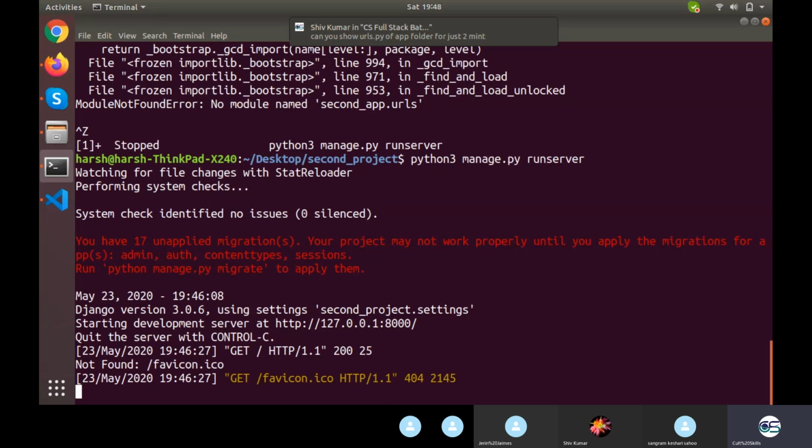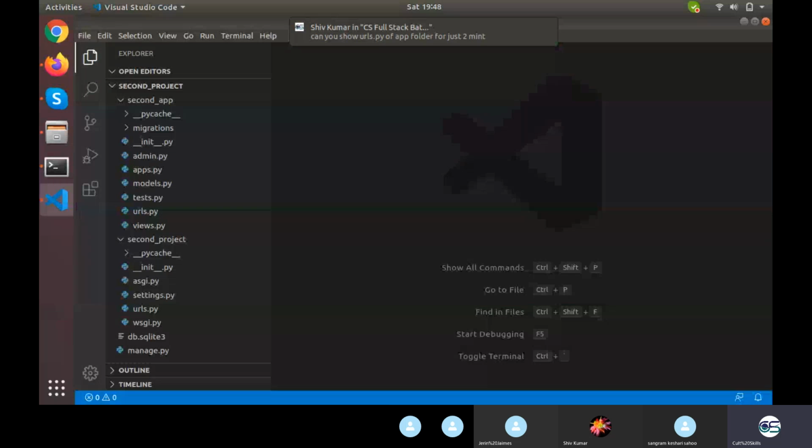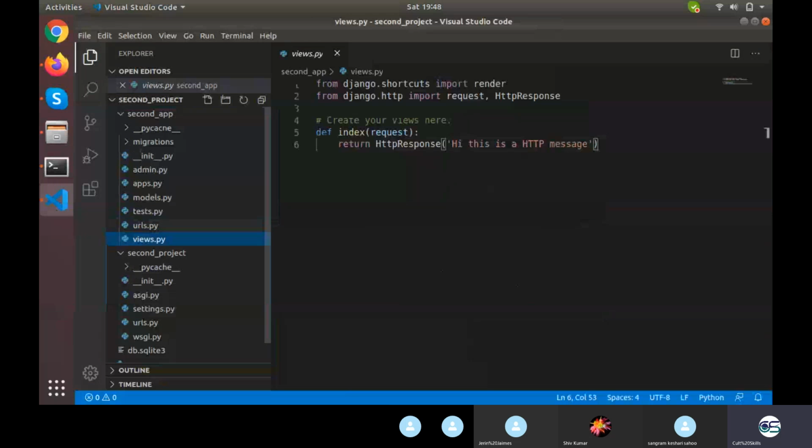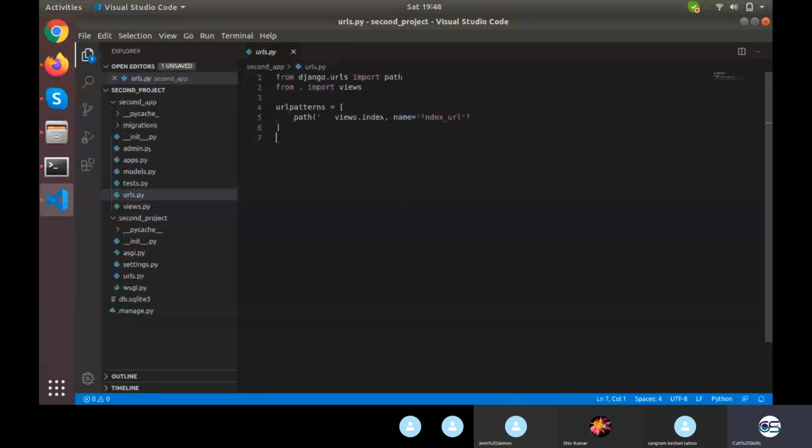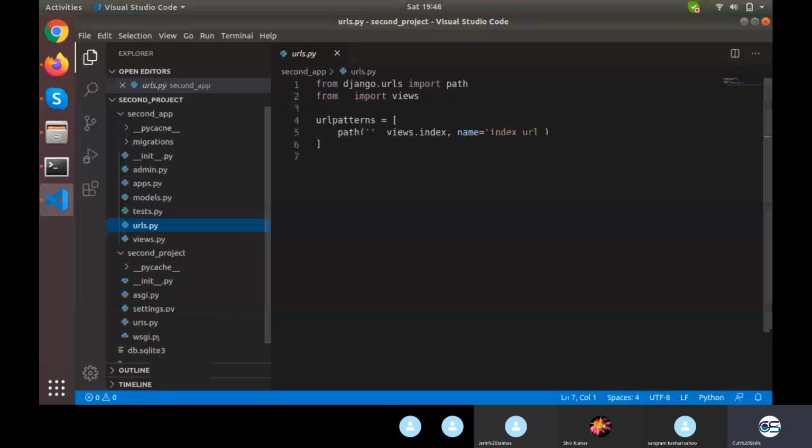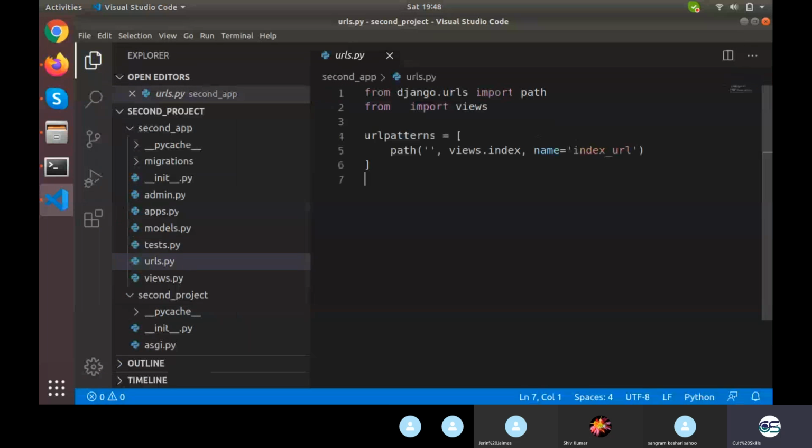urls.py or app folder. Okay. Have you imported include?